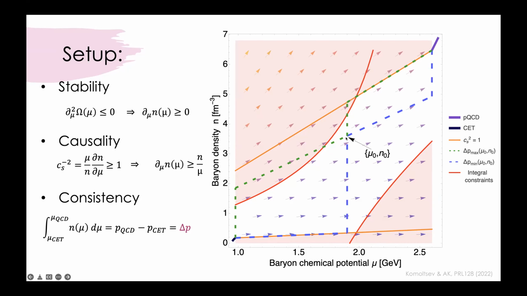And so that tells me what's the minimal pressure, and this line here, this green construction, tells me what's the absolute maximal pressure that can be reached for an equation of state that goes through that point. And it turns out that there are regions here that if you end up in, then you are forced to have too high pressure, and that's why they are excluded. And if you are in this region here, then you cannot have enough area under the curve, and that's why you are excluded. So that constrains this. This is the way how we can use this thermodynamic consistency to further exclude equations of state.